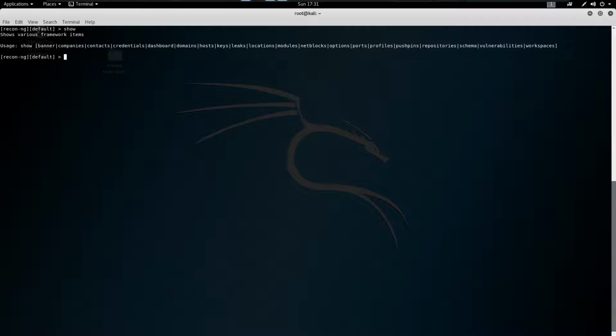To list all the workspaces that are available, you can simply type show workspaces. So this will list all the workspaces that are currently available. You can create one workspace using the command workspaces add and then the workspace name.